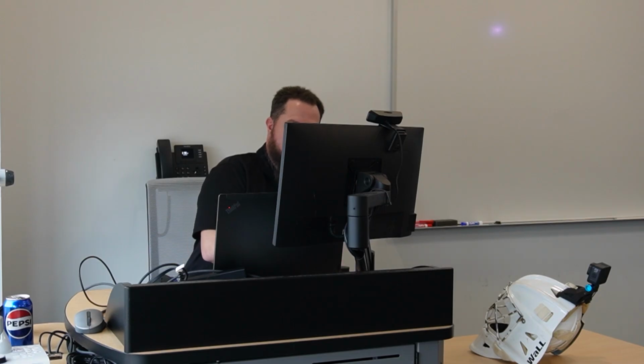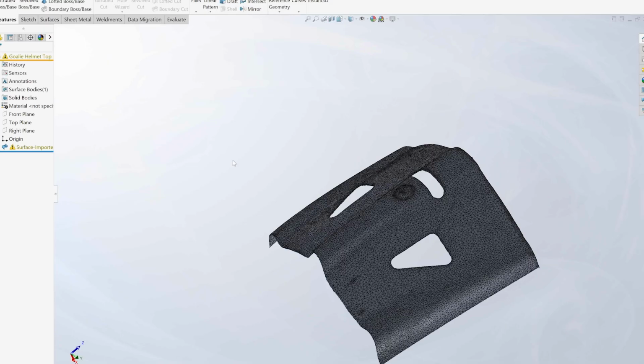I can kind of walk you through how I did this model, and hopefully that takes some of the scariness out of surfacing. So the big thing with surfacing is you need to find a way to define what we're looking for. In this case, I'm just looking at this part of the helmet, and I already have that cut up. So I want to create a line on the front portion of the helmet and a line on the back, and then we're going to say, here's the starting endpoints, kind of merge in between that. So